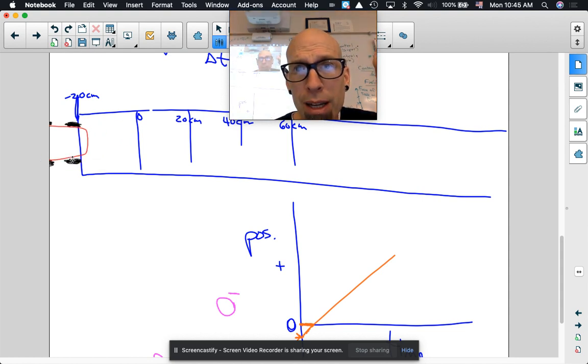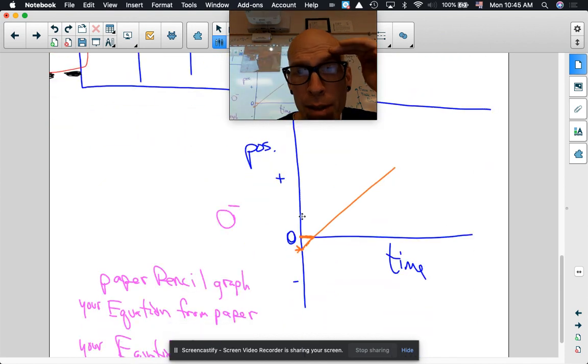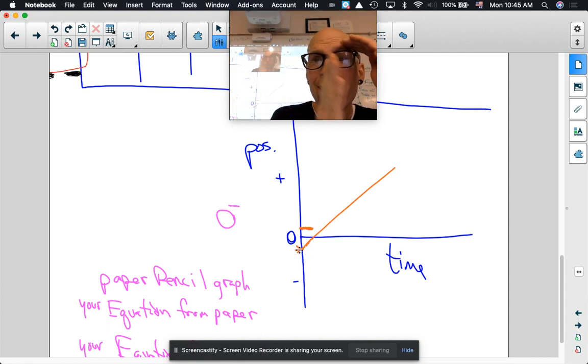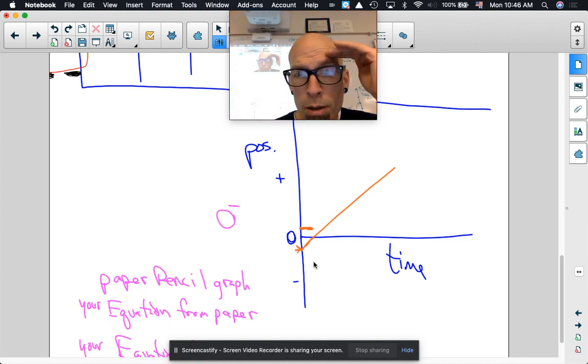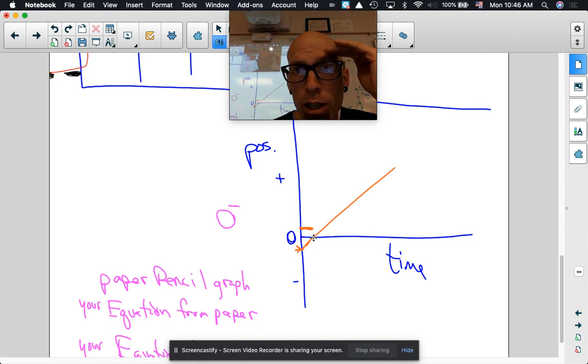It thinks that the buggy and the timer both started at the same moment. And the only way for that to have happened, to produce this line right here, is if it was never stuck at 0 the whole time. It actually started behind the 0, and then by the time it got to where it started moving,